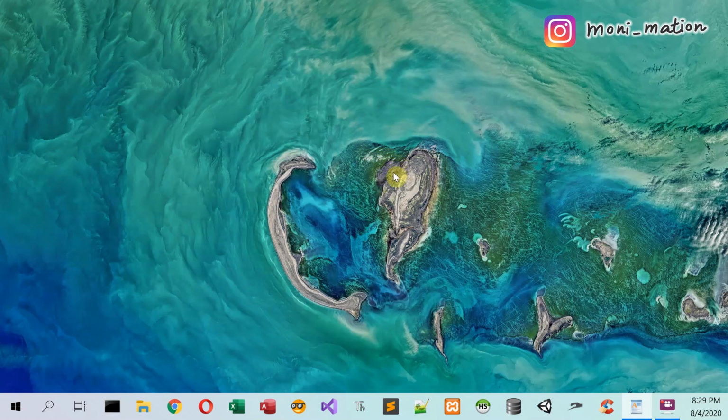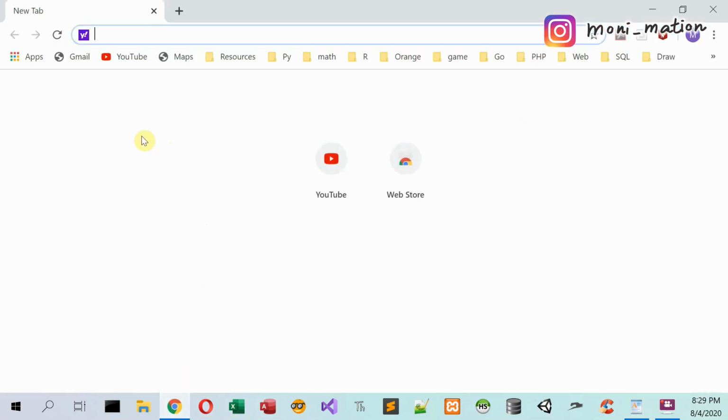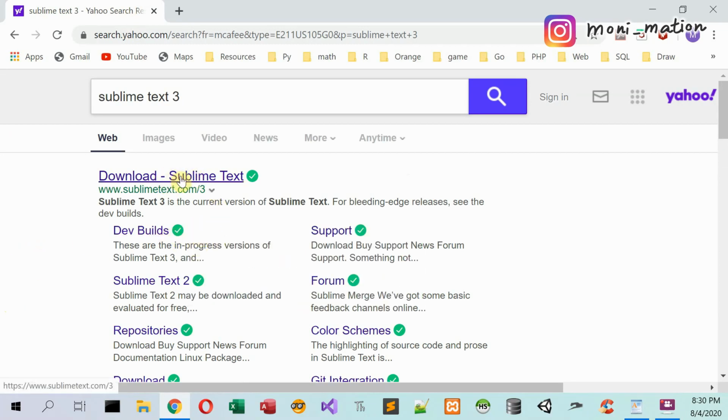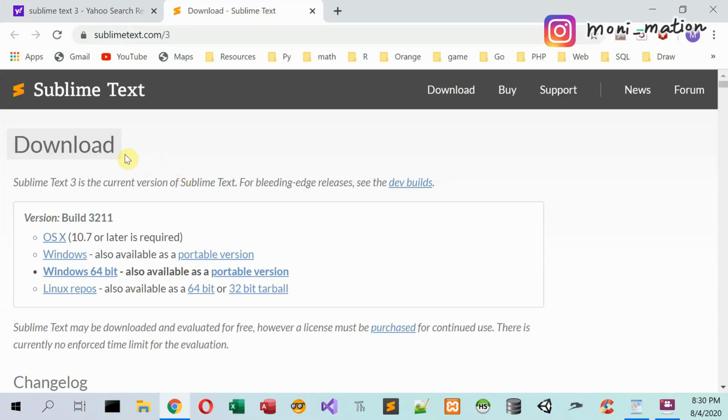Let's open our web browser. On the address bar, we type in Sublime Text 3. Click on the first one, and then in the download page, click and download the appropriate version of the software